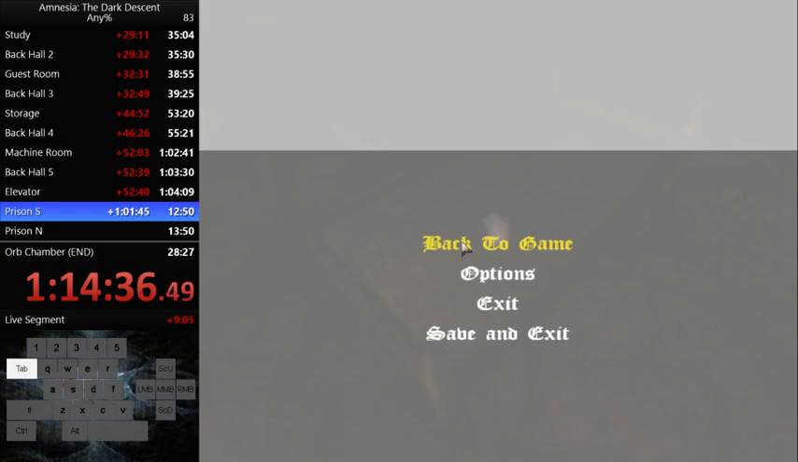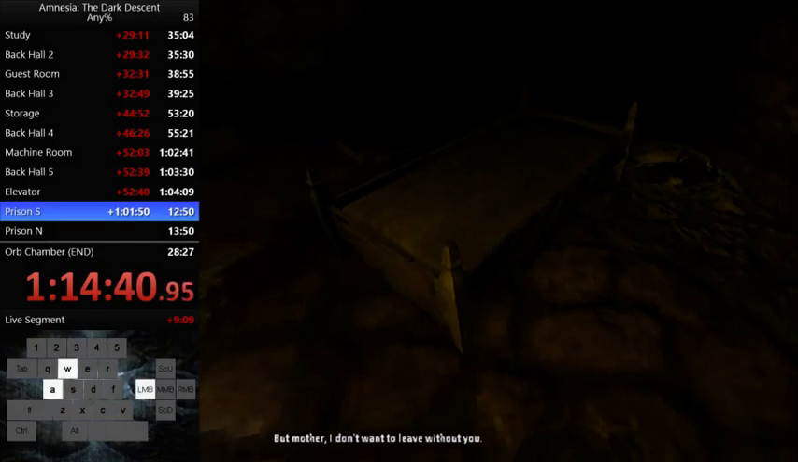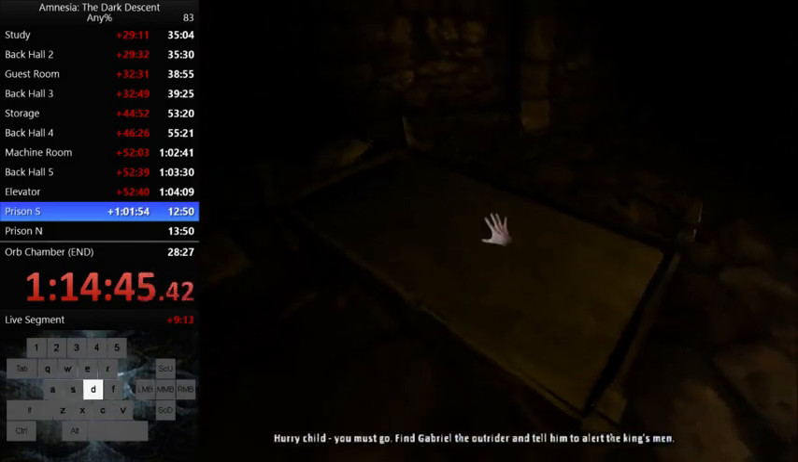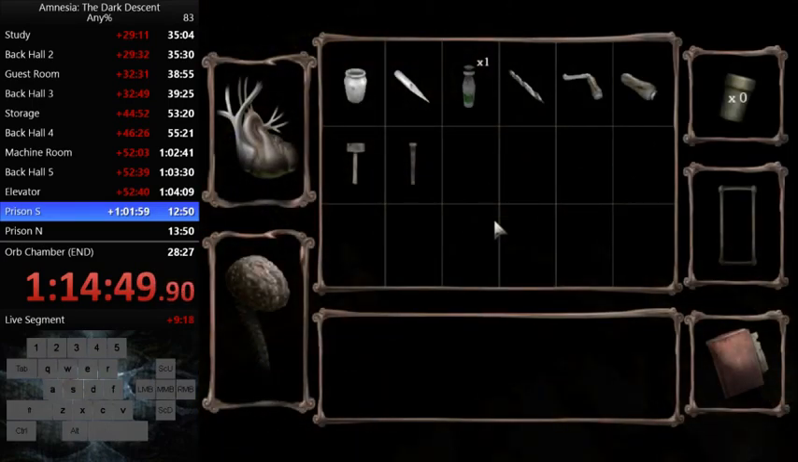Mother, I don't want to leave without you. Hurry, child. You must go. Find Gabriel, the outrider, and tell him to alert